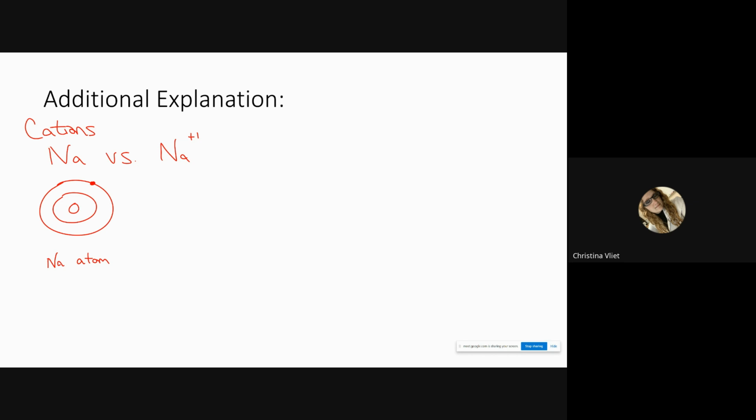So the explanation is actually quite simple of why sodium plus 1 is going to be much smaller. What does a positive 1 charge mean? Take away an electron. That's what that means, and you have to remember that. You're taking away an electron from the sodium atom. Well, what electron are you taking away? The valence electron, the one that's farthest from the nucleus. So instead of having 3 energy levels of electrons, you now have only 2, right? So Na plus 1